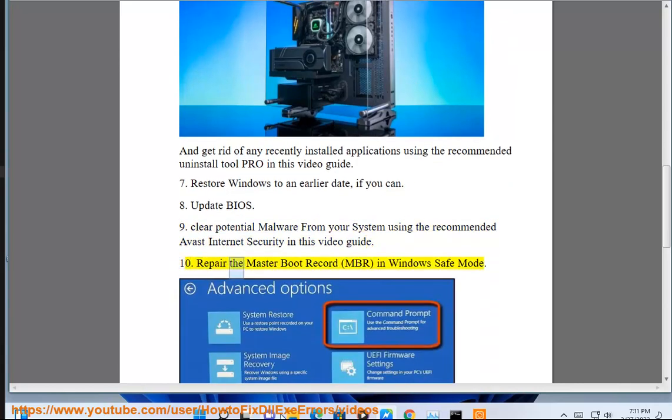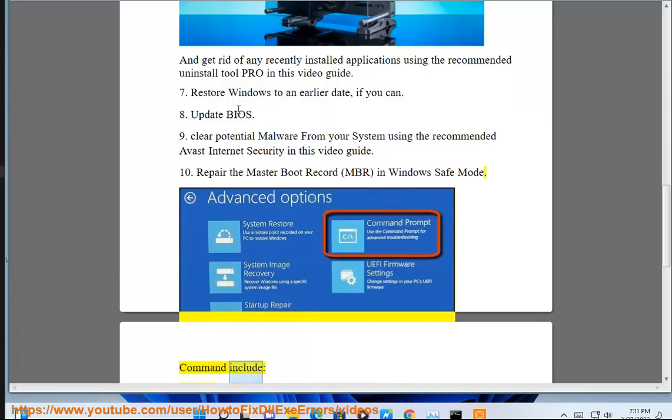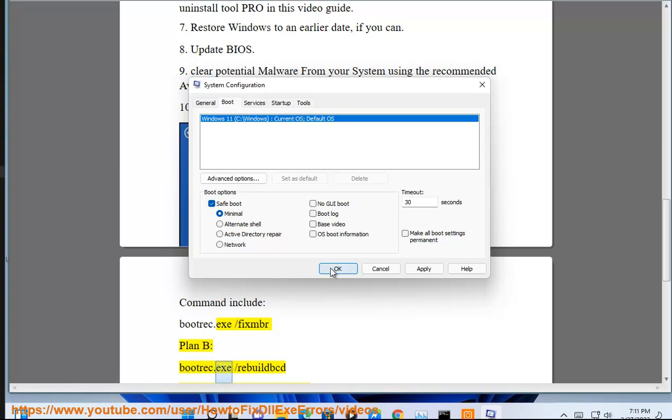10. Repair the master boot record, MBR, in Windows Safe Mode. Commands include bootrec.exe /fixmbr, plan B, bootrec.exe /rebuildbcd,